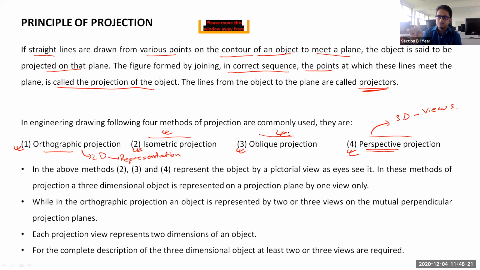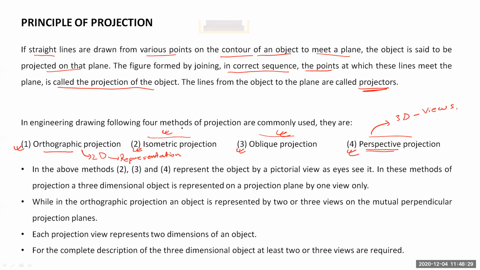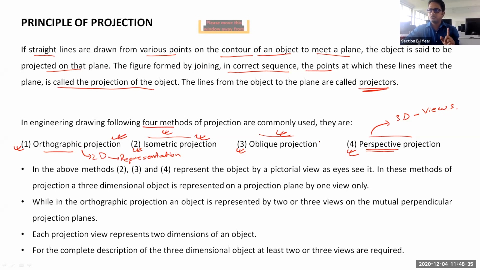Okay. Now, this is the only point that you can take away from this slide. What are those points? There are 4 methods of projection. Orthographic, you have to remember the names only. Okay, what are the 4 methods of projection? The first one is your orthographic projection, isometric projection, oblique projection, perspective projection. These are the 4 methods of projection. Among these, the first one, that is your orthographic projection, is your 2D representation, and the remaining 3 will give you only the 3D views. This is from the methods of projection.